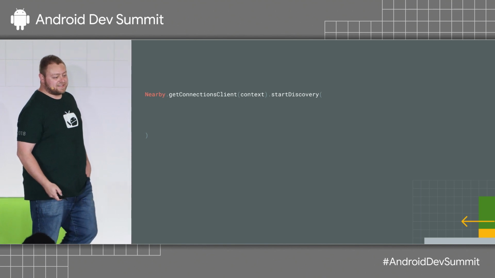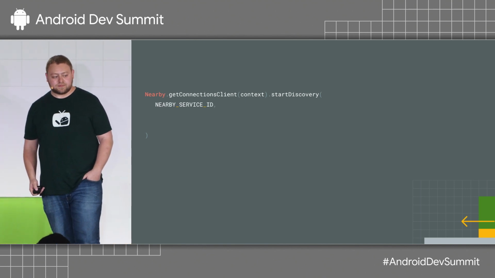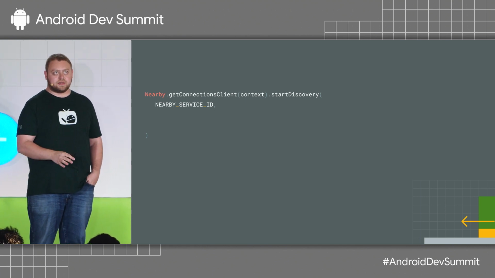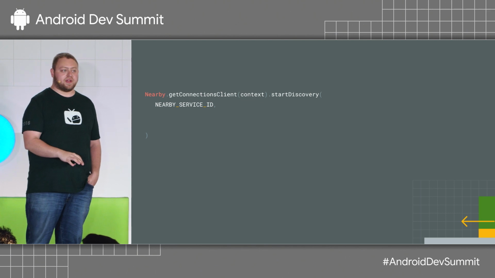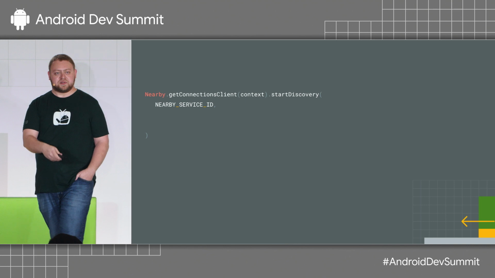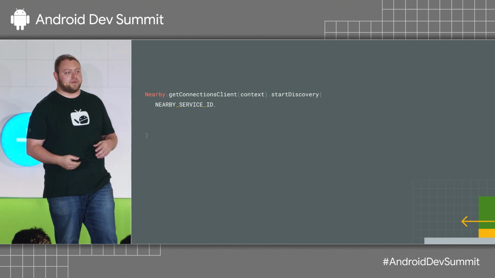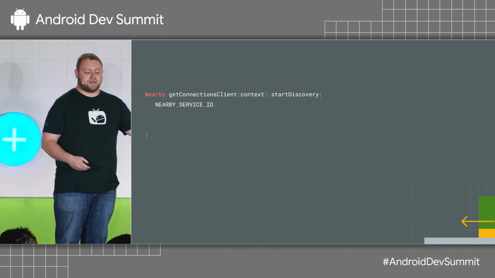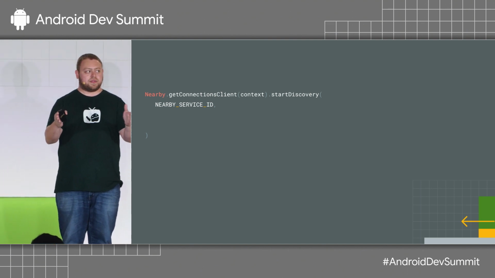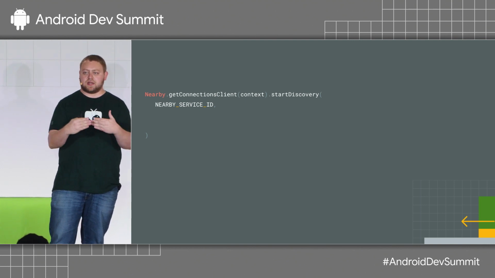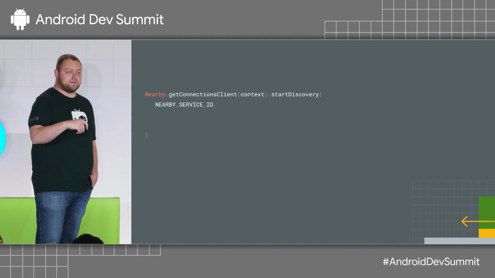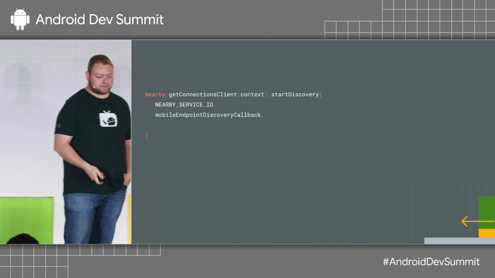Mind blown. You're going to give it a service ID. Now this time I'm using a constant, and there's a reason for the service ID. Depending on your app, it should either be the package name or the constant. If you have a package name that's the same for both your TV app and your mobile app, it's going to work great. But if you have something like com.mycompany.android or com.mycompany.androidtv as your 2 package names, imagine they're kind of on their own channels, and so the nearby connections library won't be able to find the phone and the TV. So having a service ID that's used by both sides is a good practice.